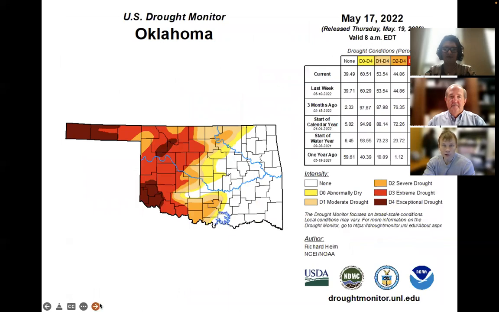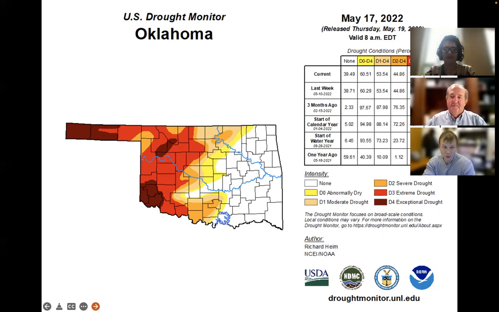And then, of course, we have the drought. You can see this is actually the most recent drought monitor that we have, as of May 17th. And we were just joking around before this video, it looks a lot better than it did two weeks before this. The late April one had a lot more red and a lot more dark red, maroon color.